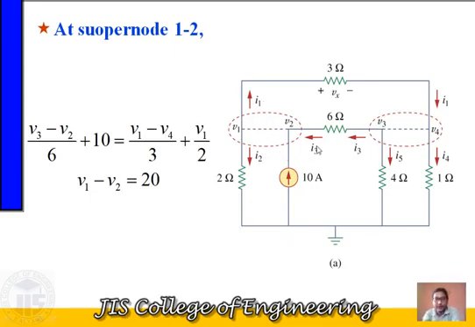So now, in place of I3, the current originates from V3 going to V2 and the resistance is 6 ohm. So in place of I3 we can write (V3 minus V2) divided by 6. And this 10 ampere current source is in this branch, so this branch current will obviously be 10 ampere, and we have considered this current in the upward direction.